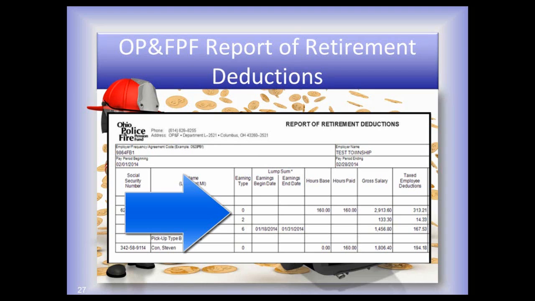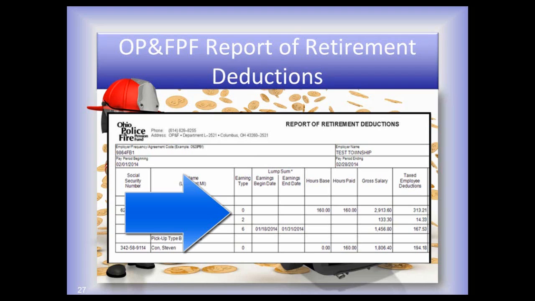Keep in mind that banked holiday time must be paid within a year of when it's earned to be considered pensionable salary. Earning type 2, overtime. Do not report hours paid. Overtime is defined as hours worked up and above the member's normal work schedule. Report these wages under this earning type. Notice on the report, no hours are listed for earning type 2 overtime, only the amount that was paid,